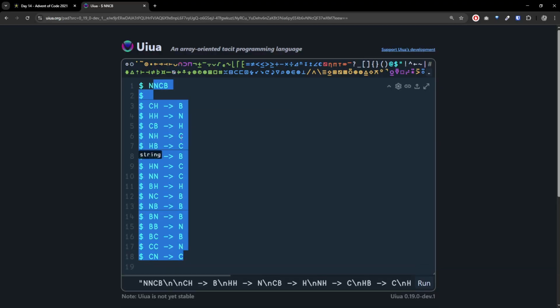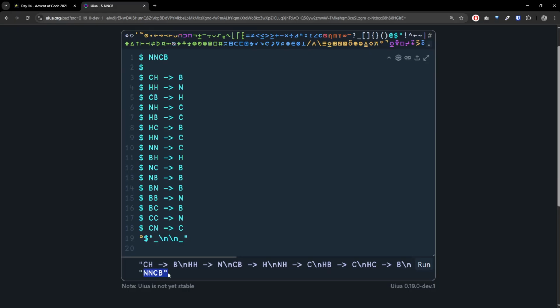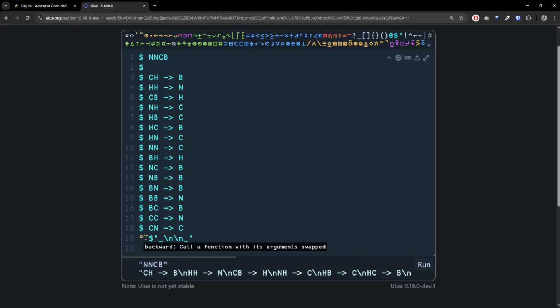So the first thing we need to do is separate this starting string from the rules so we can work on them separately. And we can use an unformat string for that. So what we'll do is this, and it will separate out the starting string and the rules. And this is basically breaking this on this double new line, which occurs here. So this is the unformat string behavior. And we actually want to look at the rules on top of the stack, so let's put it backwards here